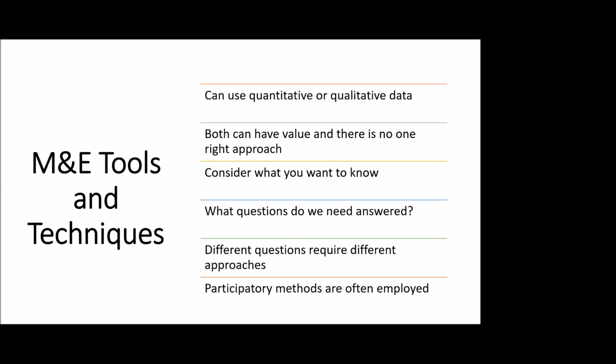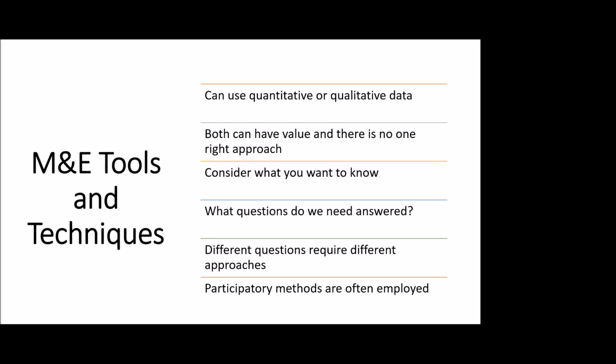So we can use both qualitative and quantitative data, and both have value, and there is no one right approach. Most evaluations these days are using mixed methods approaches, so they're using both quantitative and qualitative. And one of the things one needs to do is consider what one needs to know and what questions we need answered. Qualitative can tell you a lot about why certain things occurred or did not occur, constraints